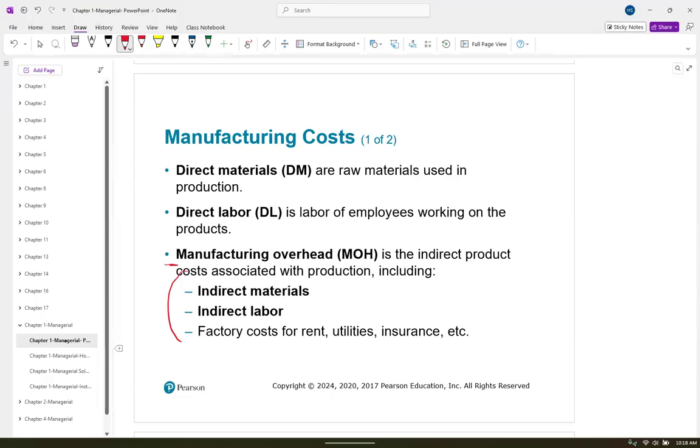Okay. One of the indirect labor, that could be the janitor. So let's just say it's the janitor sweeping up something that's fallen on the floor. Okay. It goes into the manufacturing process, but it's an indirect labor. A manager of those direct labor employees, things like that. An indirect material, I kind of mentioned, could be the bag that the chips go into. All the factory costs, rent, utilities, and insurance for the factory will go into the manufacturing overhead.